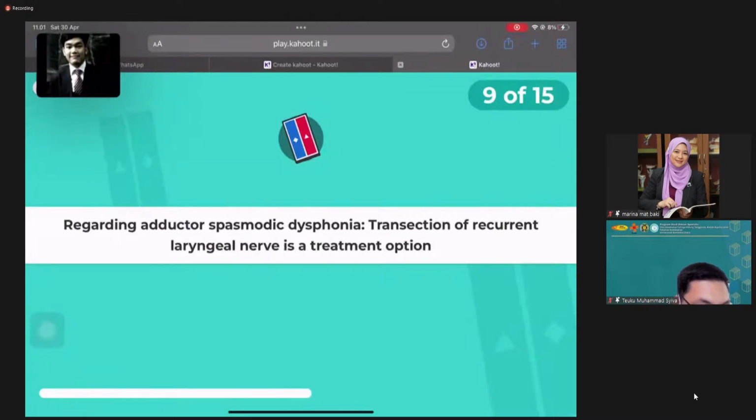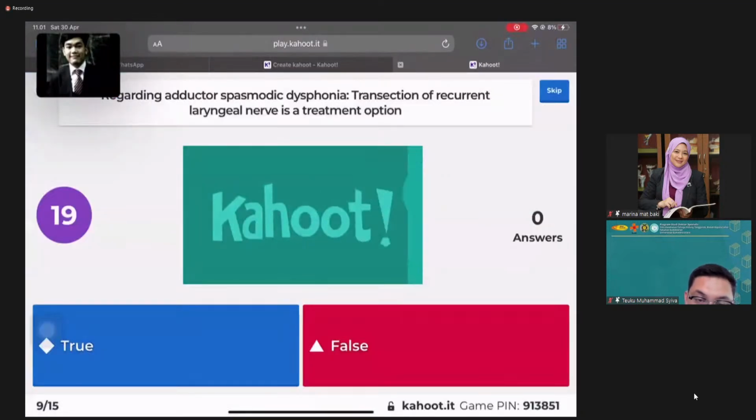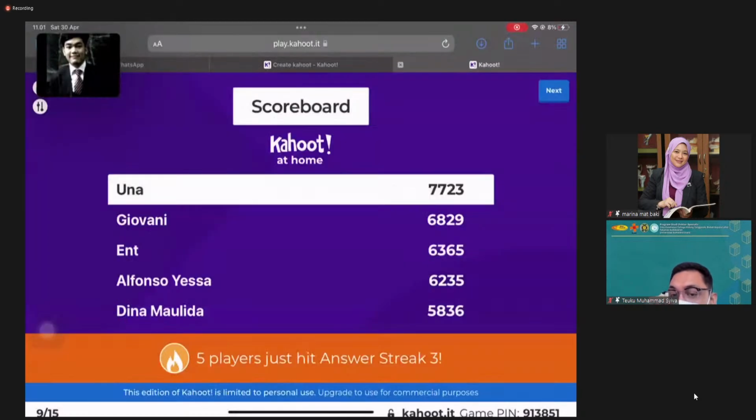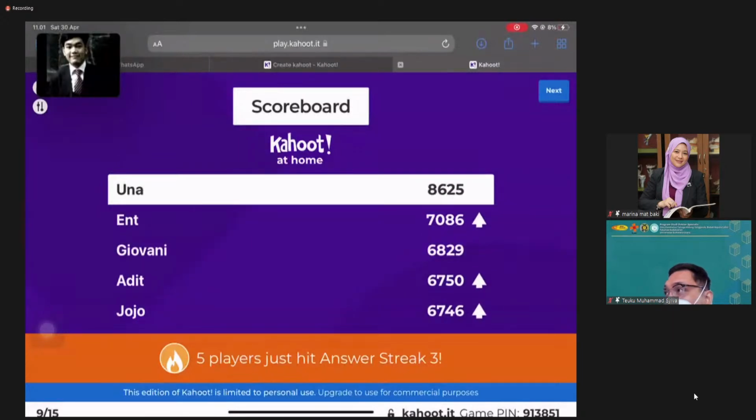Transection of the recurrent laryngeal nerve is a treatment option. True or false? Five seconds left. Okay, the answer is true. The next question, the score is still Una. And next,